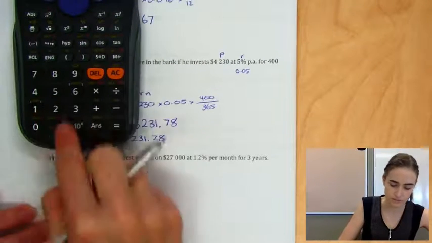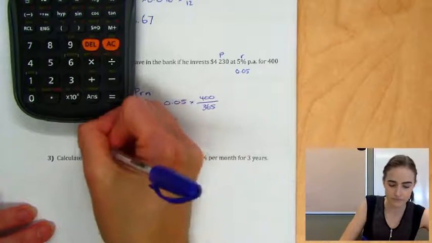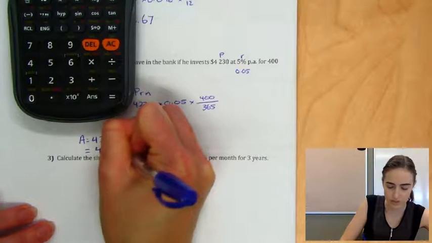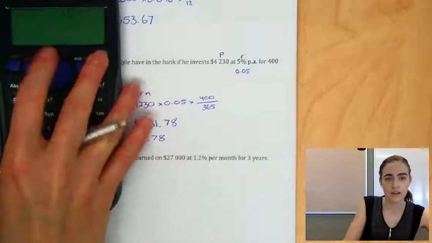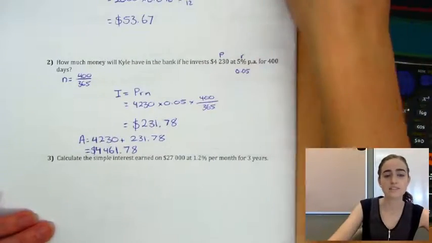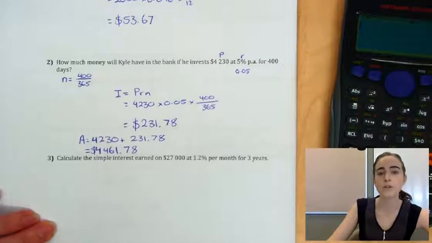So 4230 plus. We're going to end up with $4,461.78 all up. All right, our third example asks us to calculate the simple interest earned on $27,000 at 1.2%